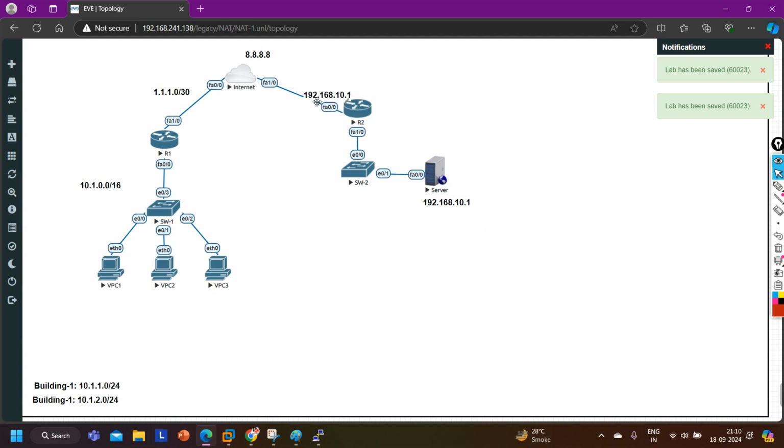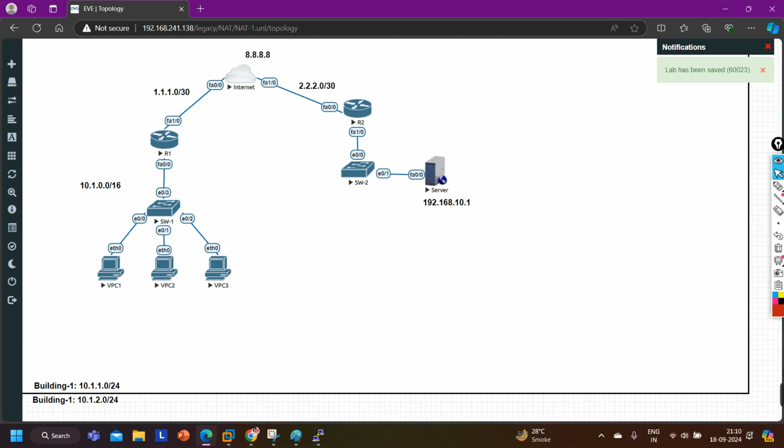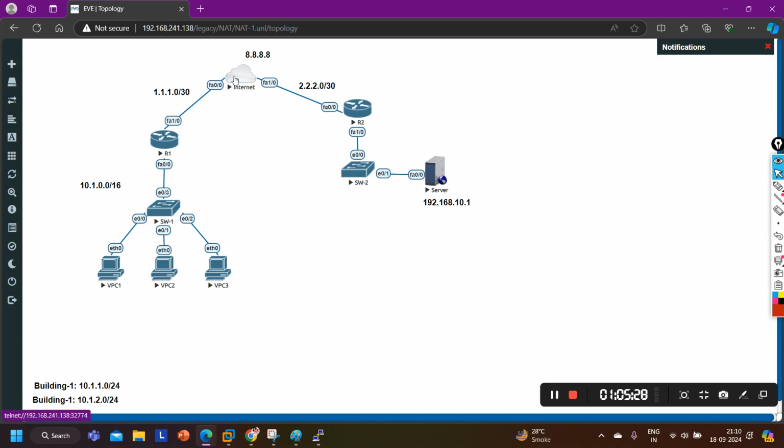And between the ISP and router 2 I am using 2.2.2.0/30.